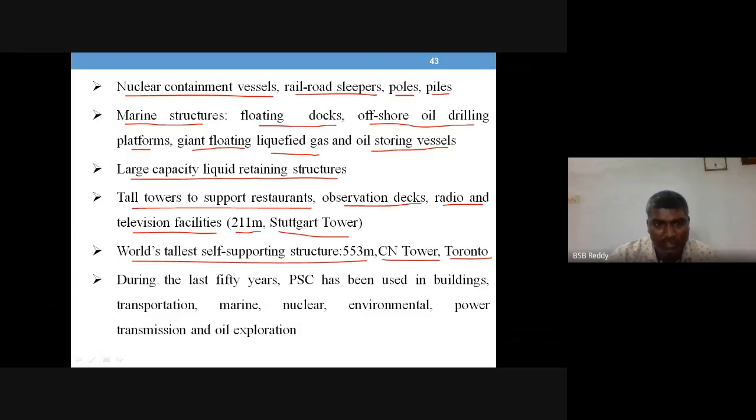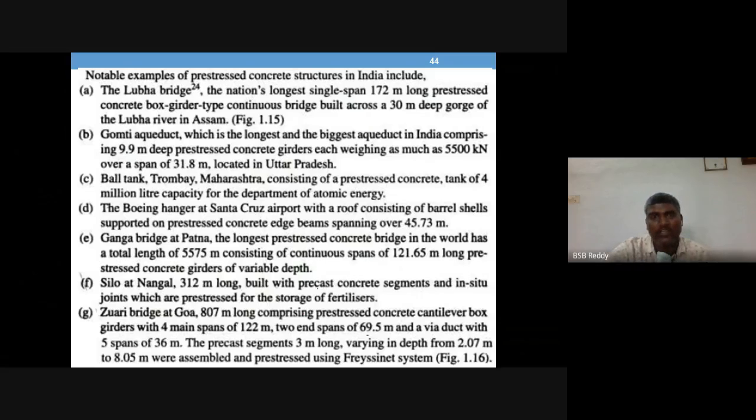in Toronto. And as I said, during the last 50 years, prestressed concrete has been used into every aspect of civil engineering, where buildings, transportation, marine structures, nuclear structures, environmental, power transmissions, oil exploration. Okay, this is the worldwide scenario. Now I'll see the Indian scenario,